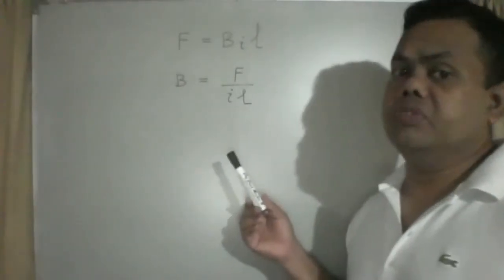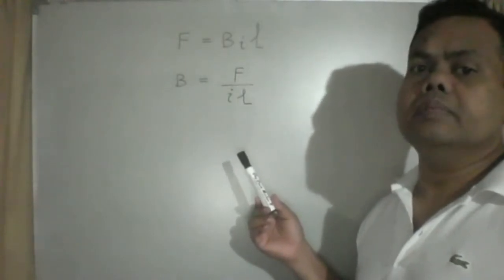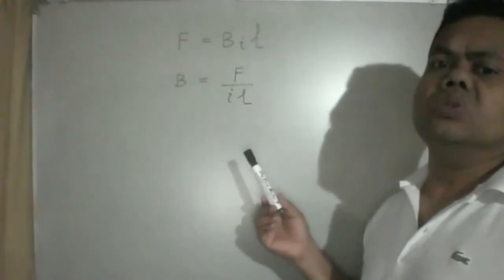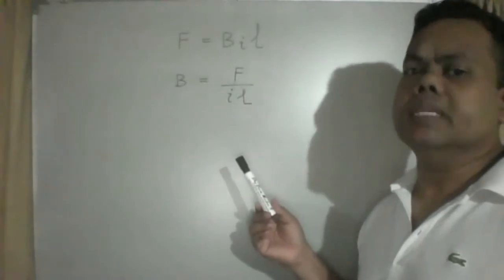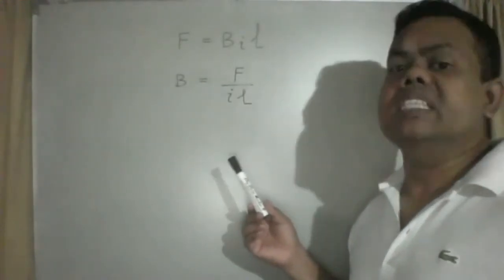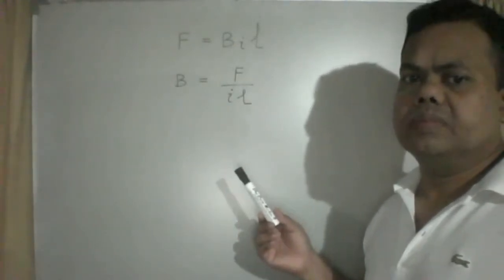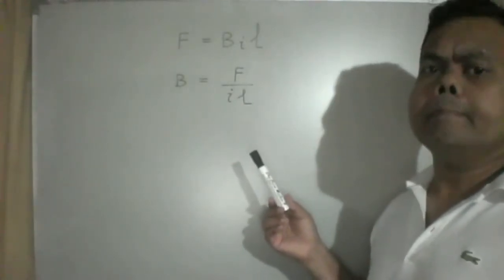The SI unit of magnetic flux density is newtons per meter per ampere, which in turn equals kilograms per second squared per ampere, which is the derived unit named Tesla. The dimensions of magnetic flux density are M T^-2 A^-1. If the conductor is inclined to the field with an angle theta,